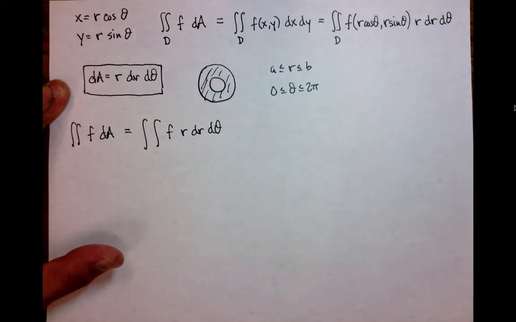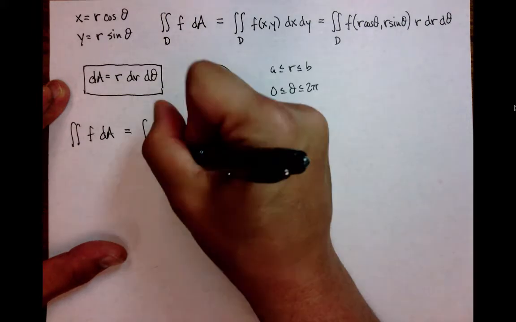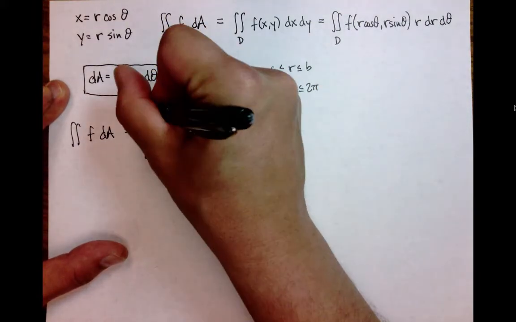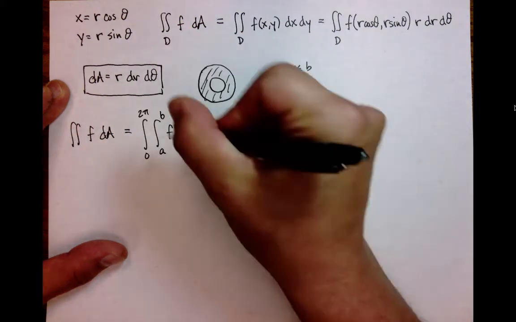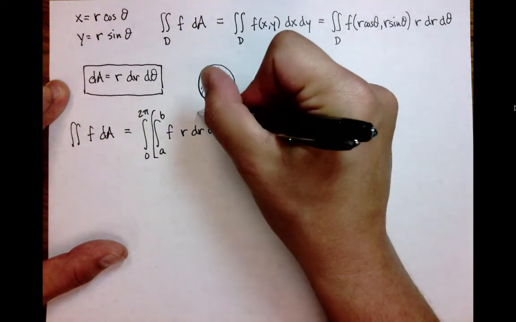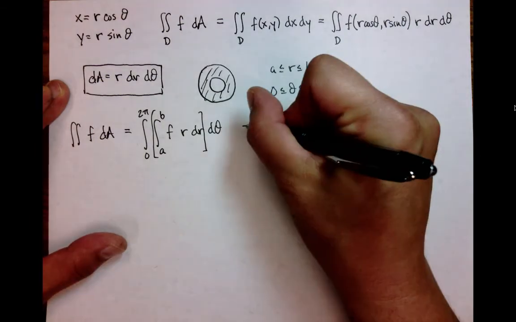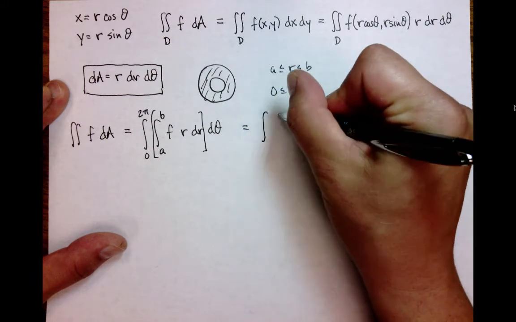So here we're integrating r first, and we go from the inside out, or we could go in the other order,